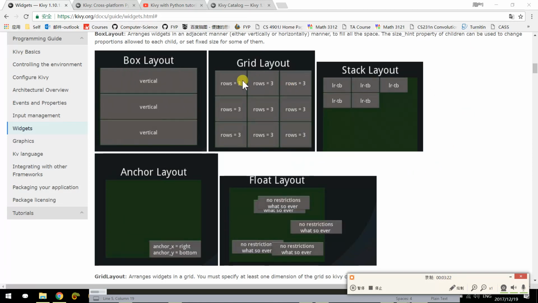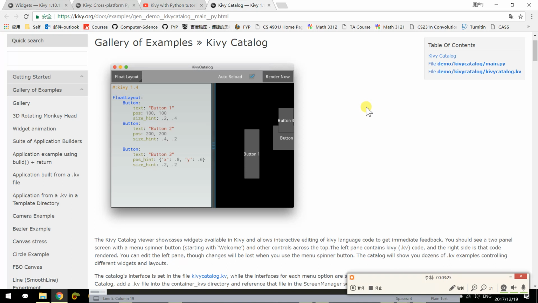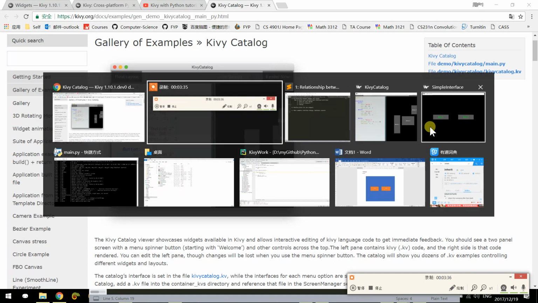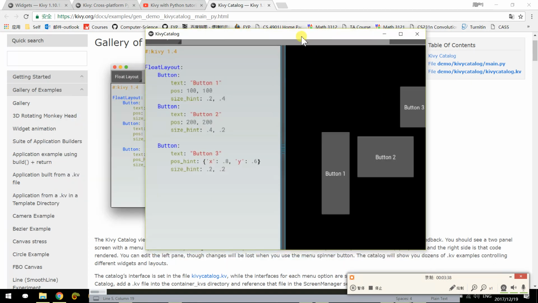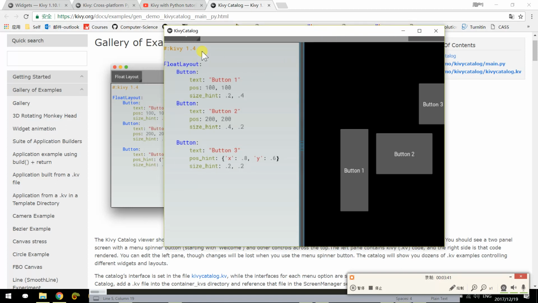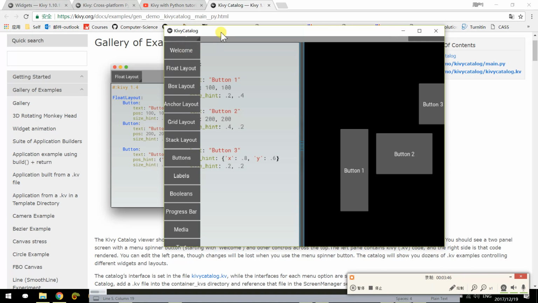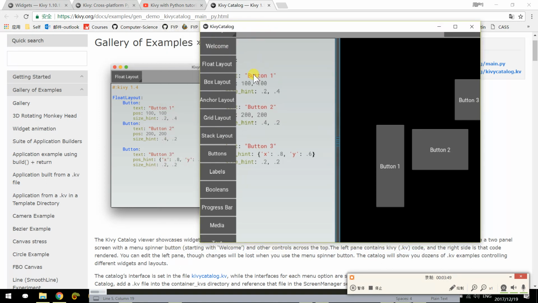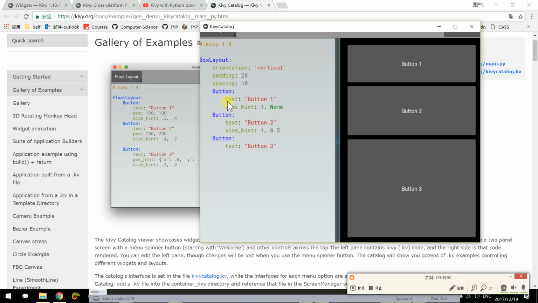Another tool is also provided by the official website. It is called the Kivy catalog, and you can download this example and run it on your computer, which is very powerful, very cool tool. And you can see here, if you want to see how these things look like, you can use this Kivy catalog. For example, if I want to learn more about box layout, I just hit on box layout,